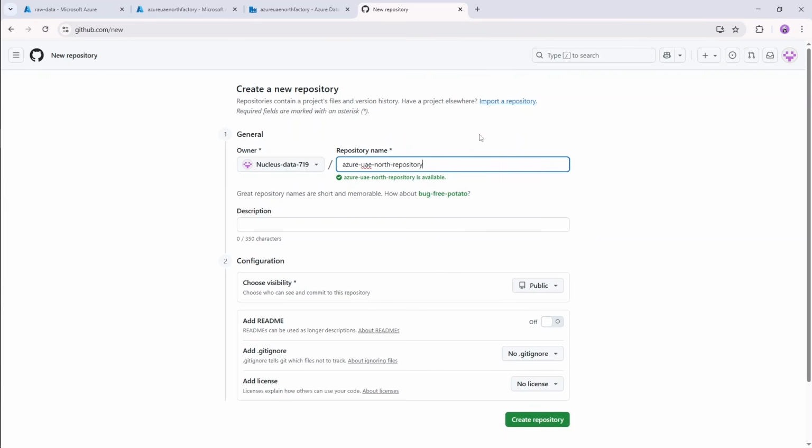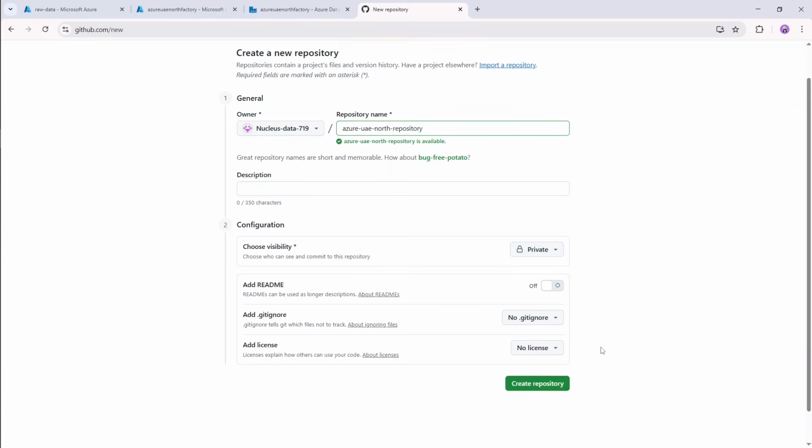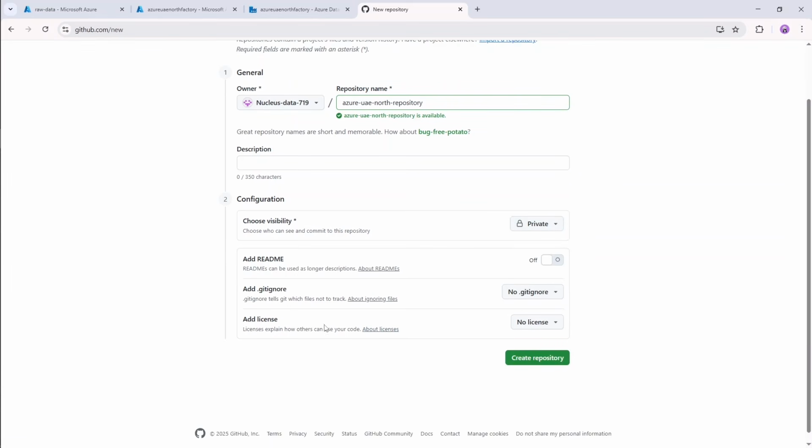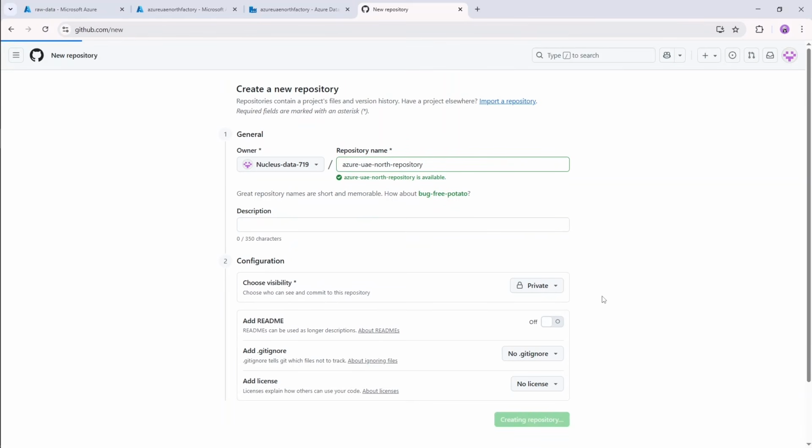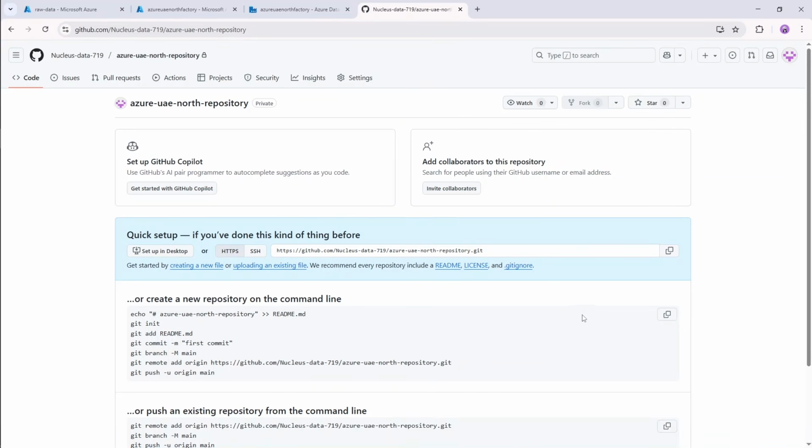Okay, so this is the name of our repository, and visibility will be private because it will contain information about linked services and our pipeline. Okay, so set it to private and skip everything else and just click on create repository. Okay, so now